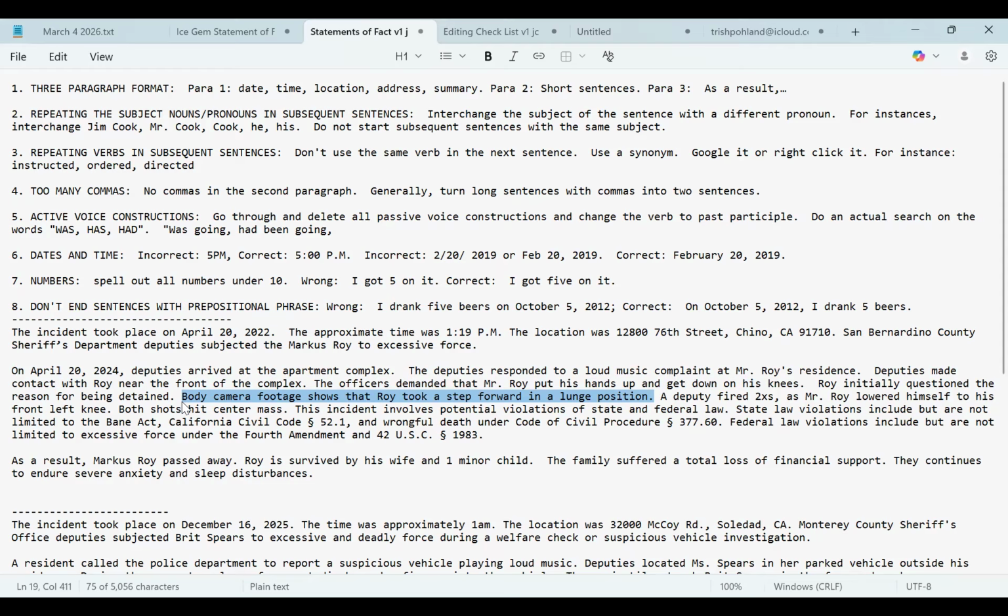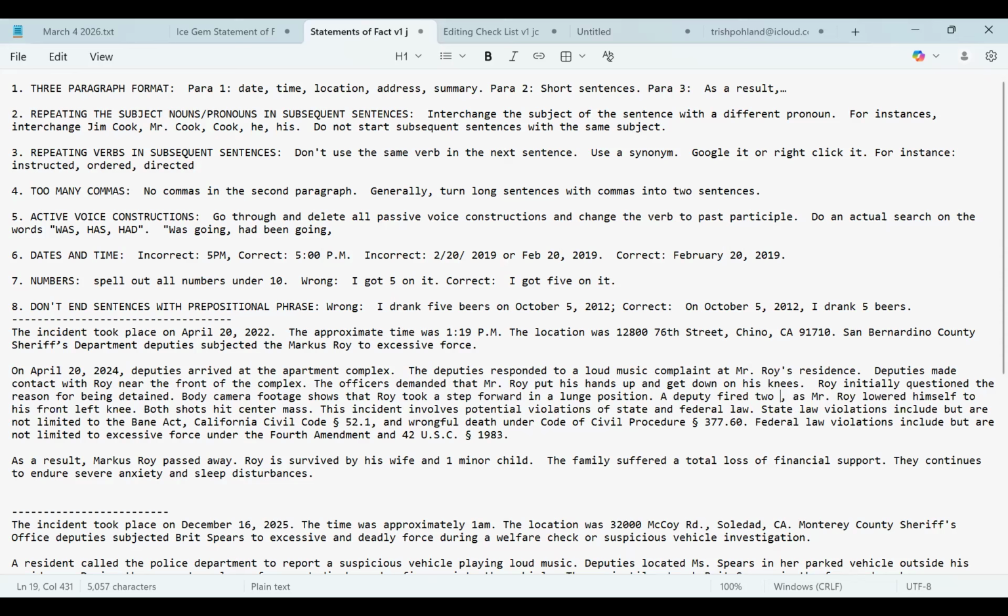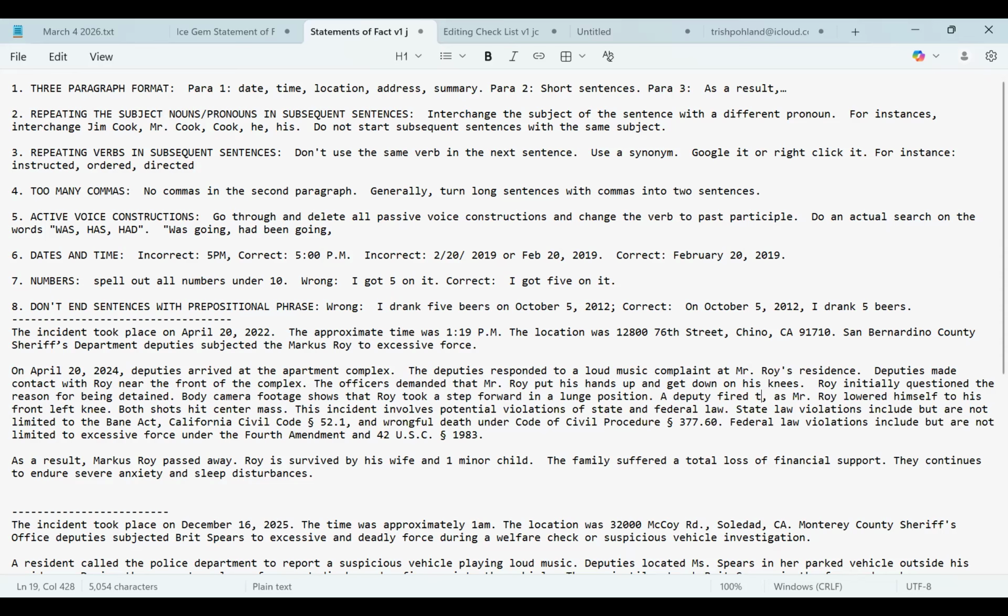It would be the same thing for our detainees. Facts like that will definitely indicate to the judge that when they're taken into custody, they did comply, whatever it is. All right. A deputy fired 2 times, right? Again, numbers under 10, we can actually, instead of saying 2 times, say twice,